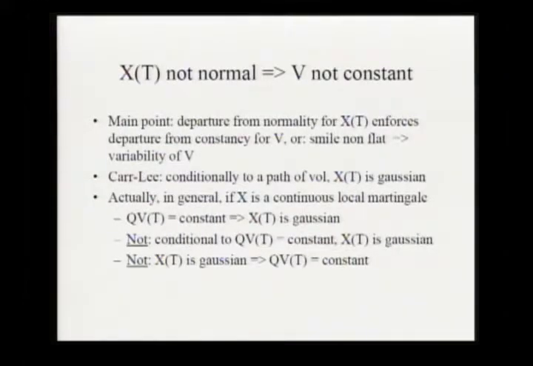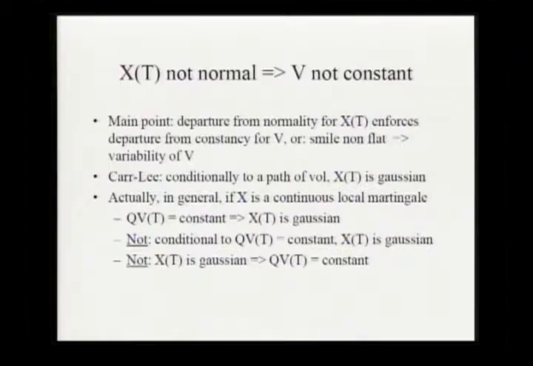So now let's try to understand an important concept. If X of t, at a given maturity, the spot price, is not normally distributed, again, I reason in Bachelier terms instead of Black-Scholes to simplify the presentation, but if basically the skew is not flat, it means that the realized variance cannot be constant. And it's linked actually to the